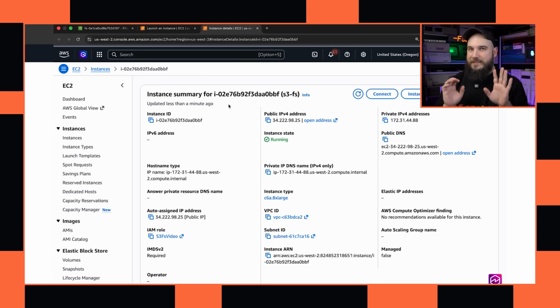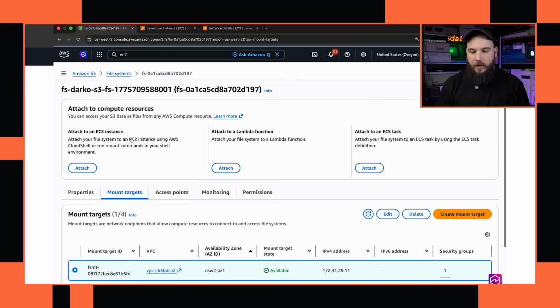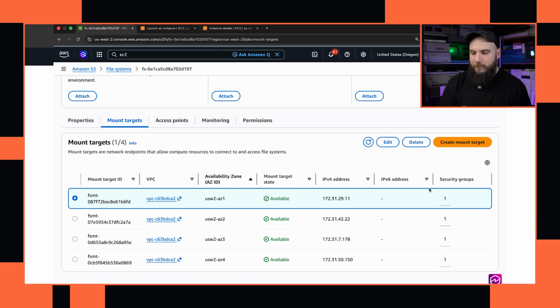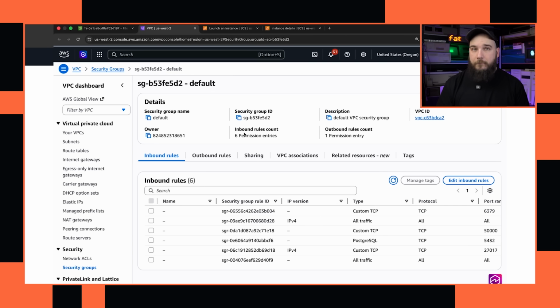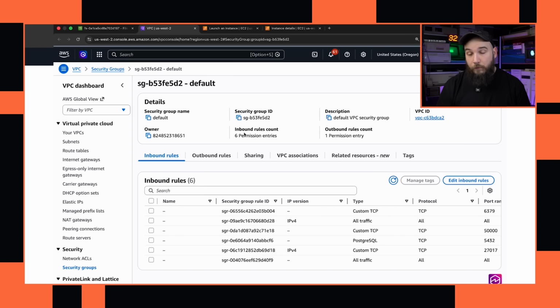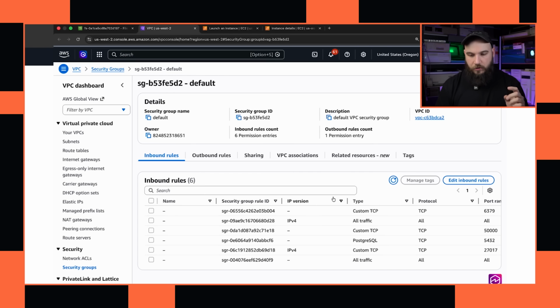I'm going to give this a second, and then I'm going to be connecting to it over SSH as soon as this instance is available. You know what? No, wait. Something we need to fix. As this thing is launching, I'm going to go back into my file system here. And remember those security groups I mentioned attached to the mount targets? Well, actually, let's go ahead and open this specific security group. Automatically, it attaches itself to the default security group when you create a file system, default security group inside of that VPC. So what I need to do here is I need to change this security group and give it